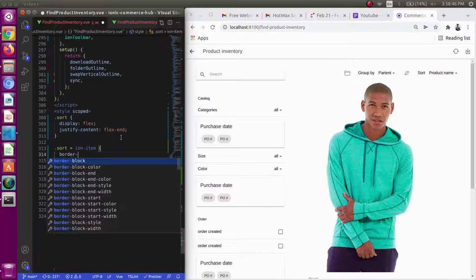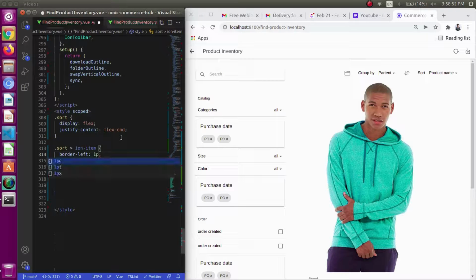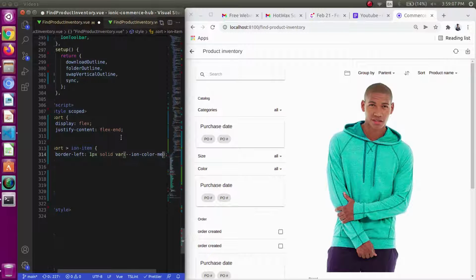After that, just provide some width and border. So I want a border-left of 1 pixel solid, and I will be using a color variable of Ionic. This is the way we can use variables.